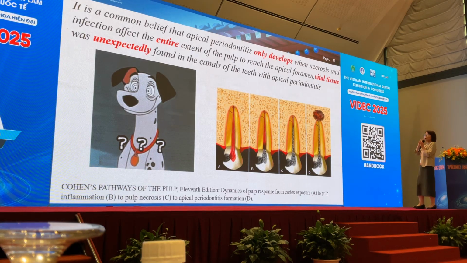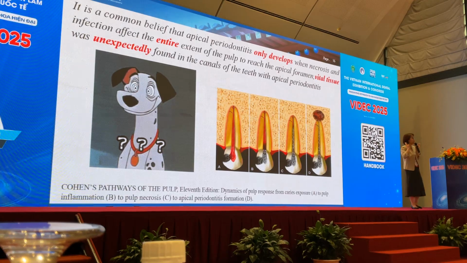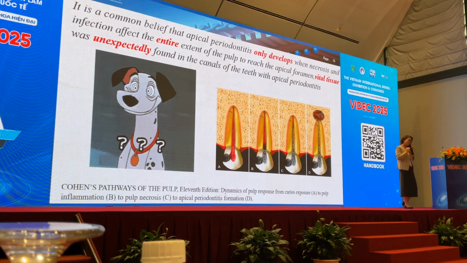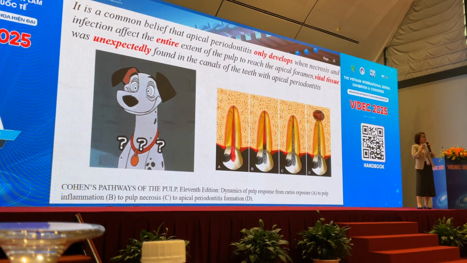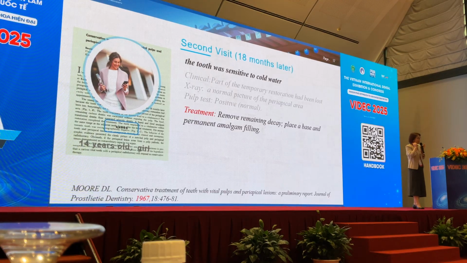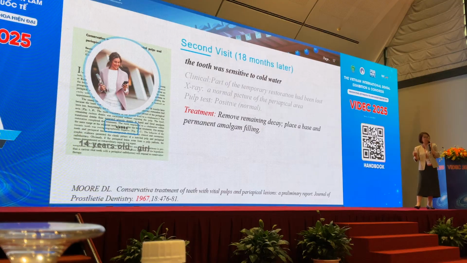And white pulp tissue should not be expected to be found in the canal of a tooth with apical periodontitis. Even today, for many of our dentists, it's a common belief, not to mention 60 years ago. But fortunately, even though the dentist was totally puzzled and confused, he just did indirect pulp surgery for this